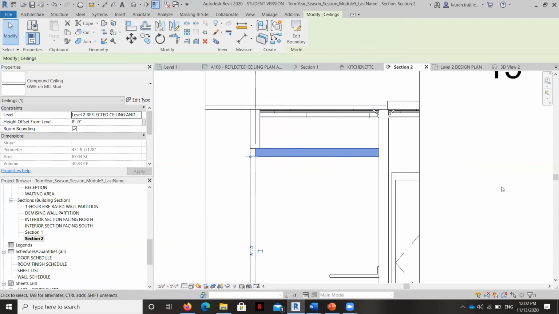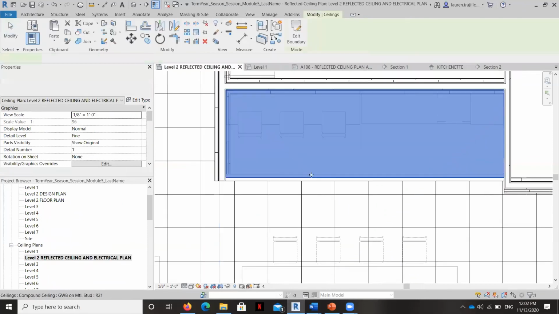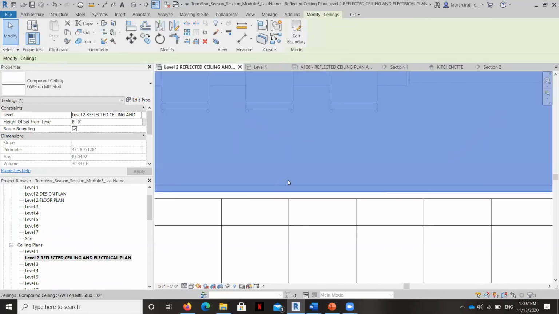And Revit can be kind of funny about that. It'll allow you to move certain things in section view or in different views, but because this is really like a plan object, it's not going to let you stretch it out. But it's really easy to do that. We can just go to the reflected ceiling plan and we can bring it out right here.